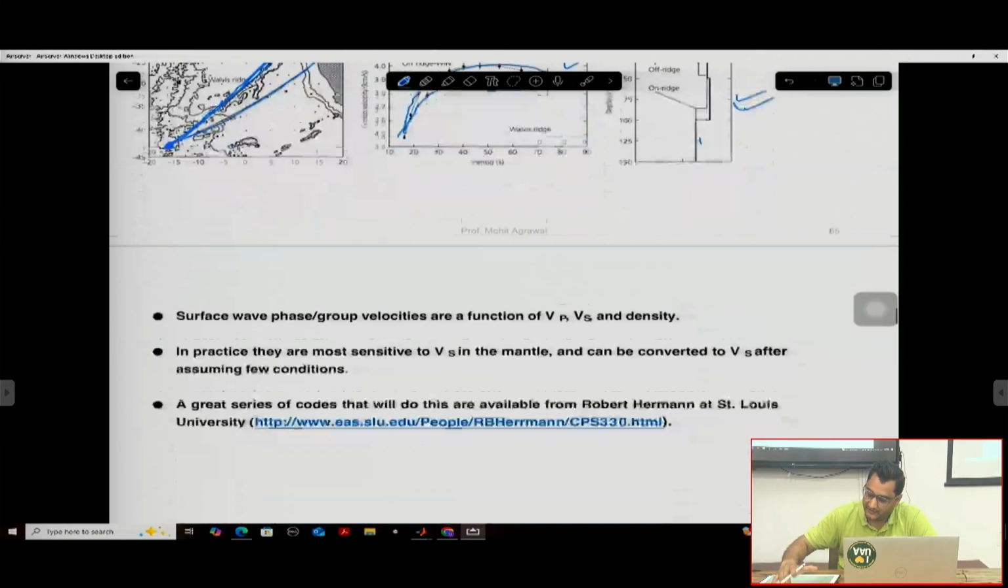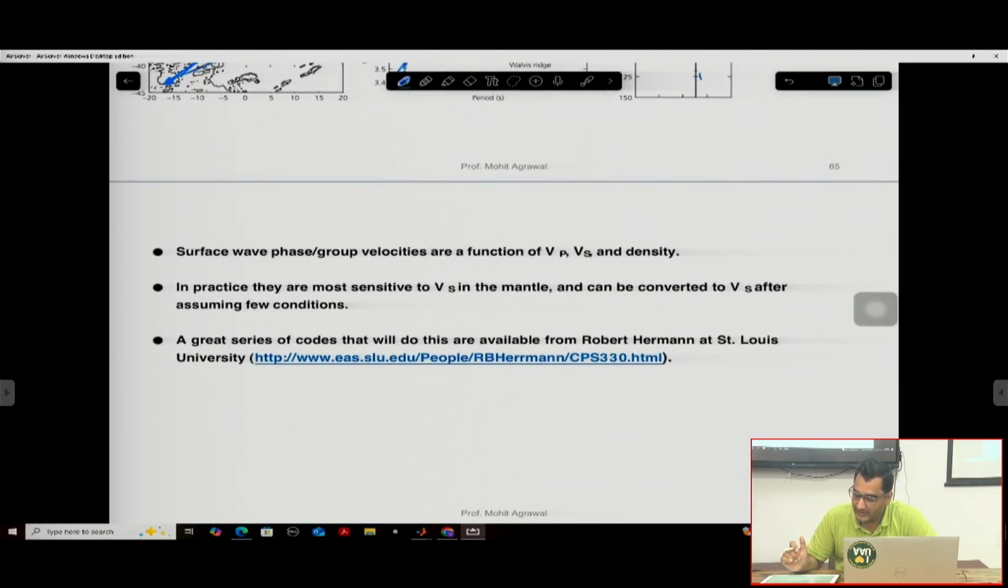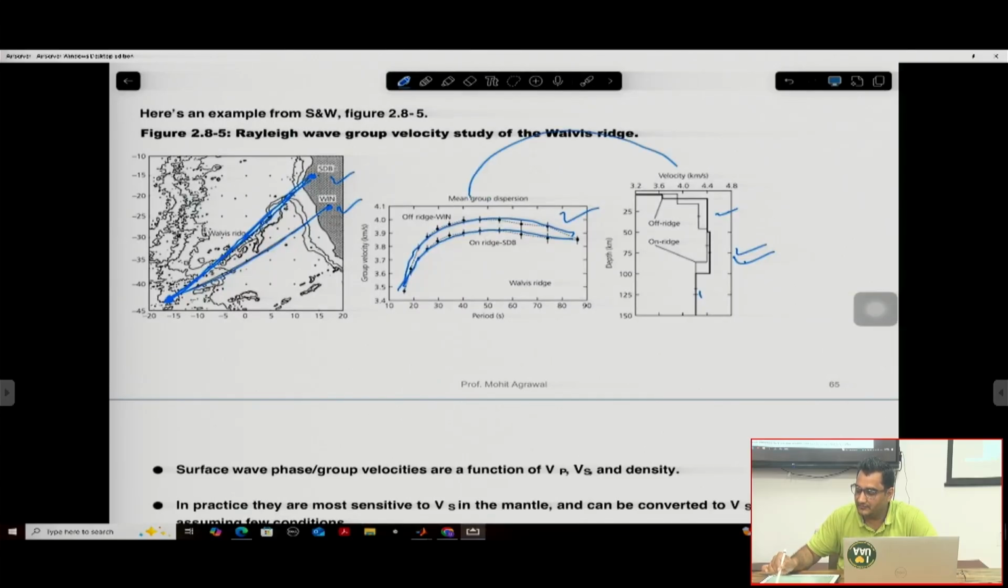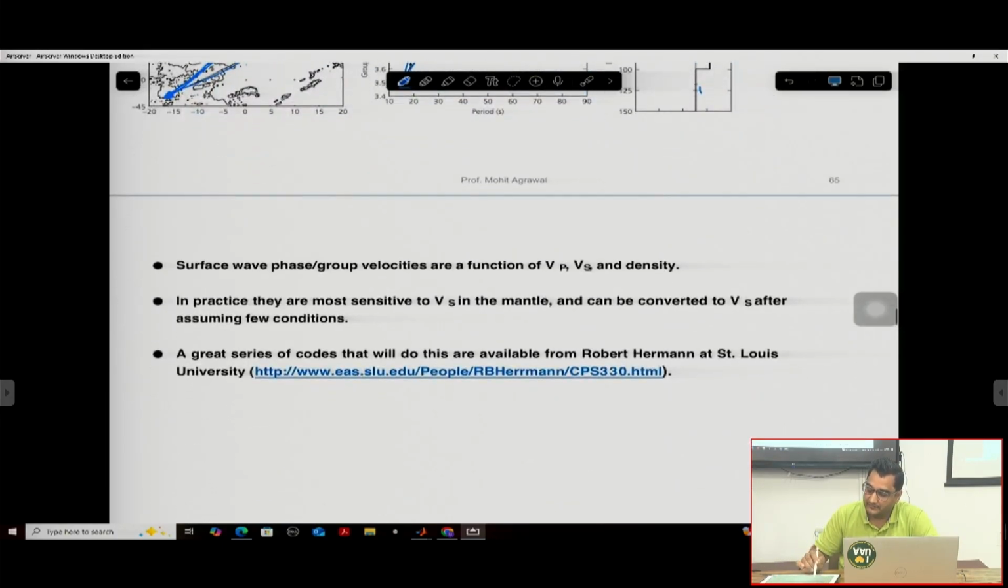Okay, so surface waves, group velocities and the phase velocities are a function of P wave, shear wave and the density. So this is what we saw. So group velocity, we converted it into the shear wave velocity model, or P wave velocity model we can convert it, or the density model we can convert it. So this is what is written: surface wave phase and the group velocities are a function of P wave velocity and the S wave velocity. Okay, in practice they are most sensitive to